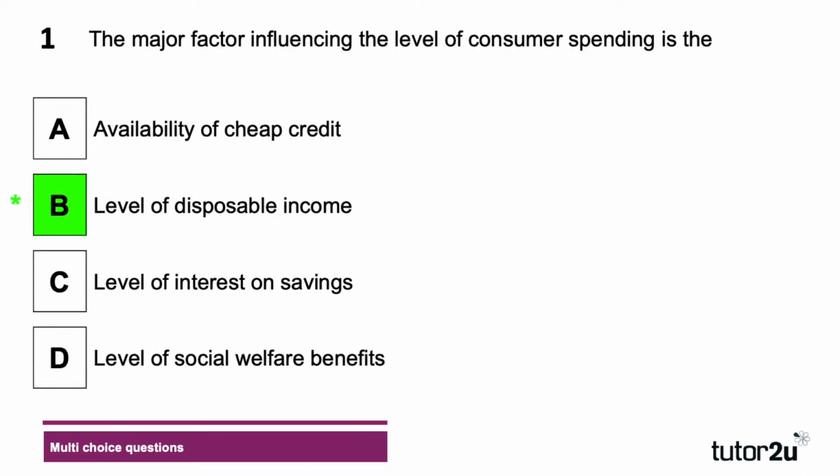Yeah, it is the level of disposable income. This is the key factor in influencing the level of spending in the economy. Now, we know that the other things affect it as well, but it's really useful to know which factor affects it most, because then you can compare different effects at different times, and you can evaluate by assessing the significance of these factors, and you can evaluate by looking at the scale of the impact that these will have. So really helpful to know how big the effect will be, not just whether there will be an effect.